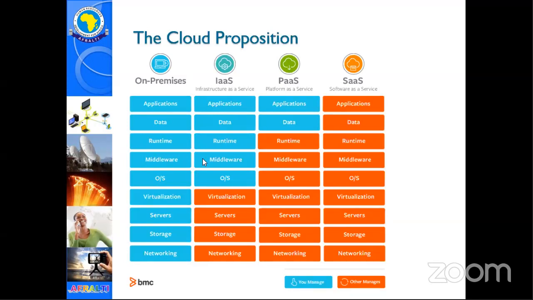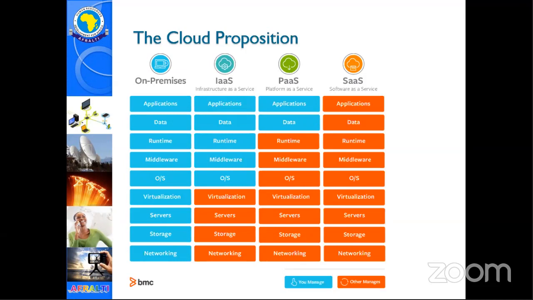One thing I need to mention is that when we say that the data center is responsible for a particular aspect of the cloud service, by responsibility we mean, for example, if it's a Windows operating system that is running on the server, the cloud provider is responsible for making sure that it is up to date.